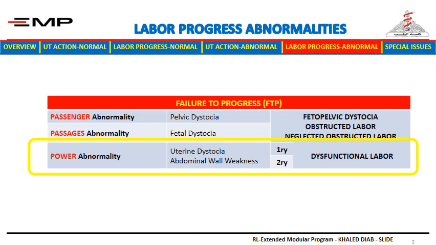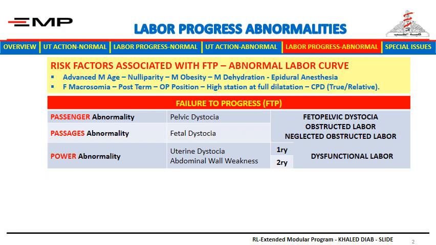It should be noted that failure to progress or dysfunctional labor represents almost 50% of emergency cesarean sections at any hospital and may be a combination of mechanical and dysfunctional factors. As regards the risk factors associated with fetopelvic disproportion,